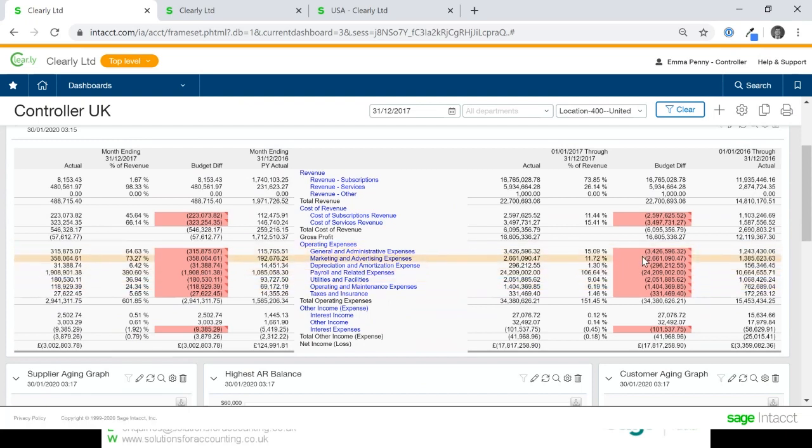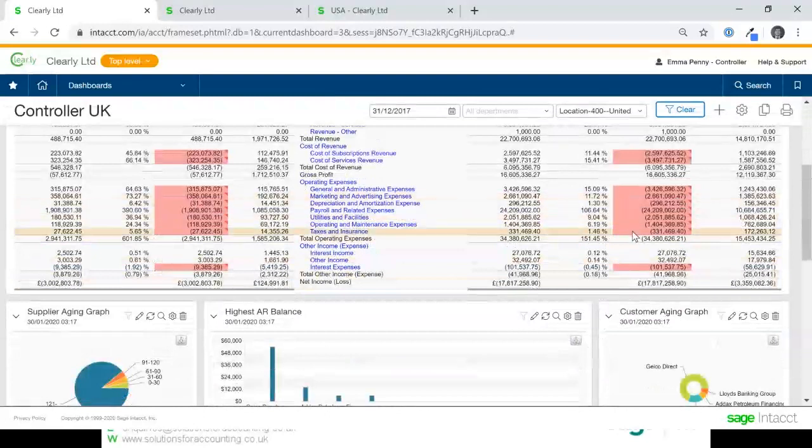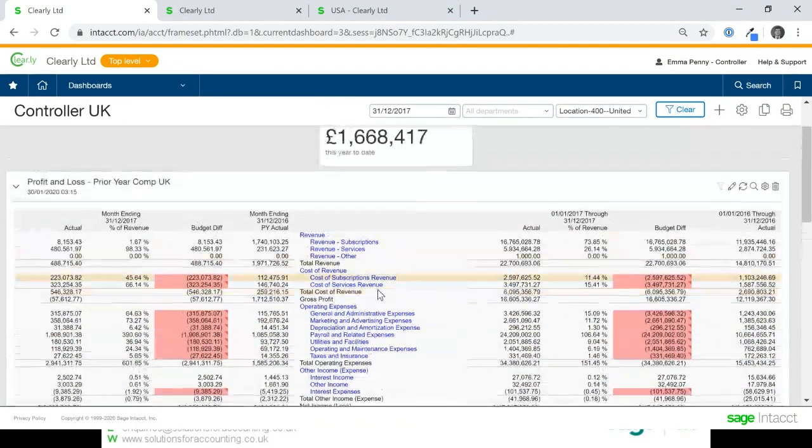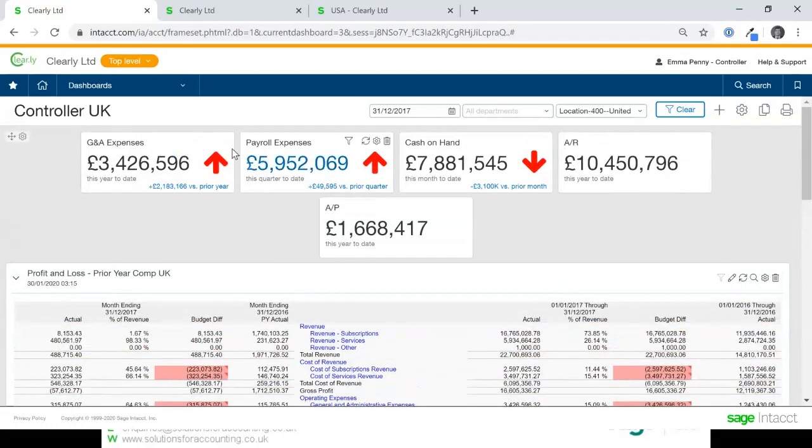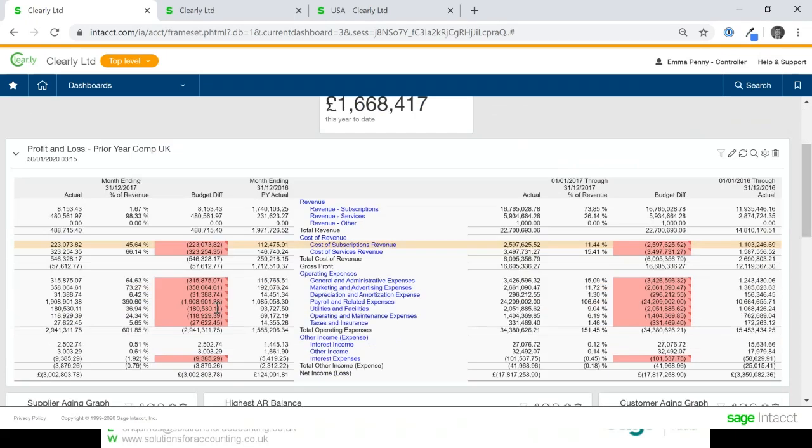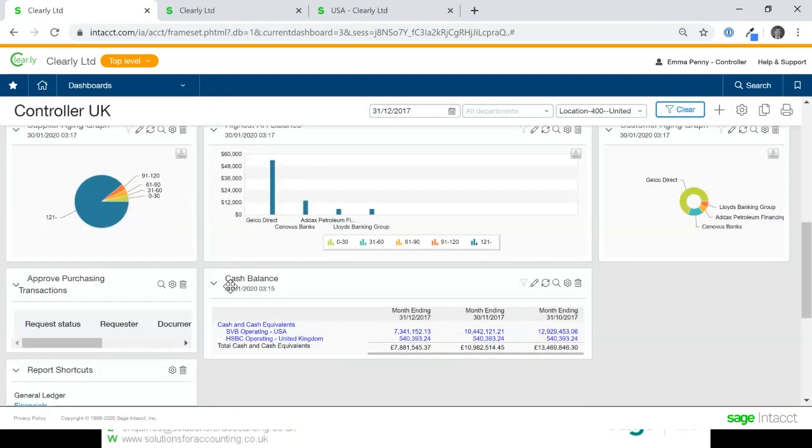You also have the ability to do some conditional formatting. On here, it's if you're over a certain level or under a certain level, change the color of the box. And obviously on these KPI type reports here, if it's good, make it green. If it's bad, make it red, that sort of thing, or arrows up, arrows down. Again, this is all built with the end user in mind.